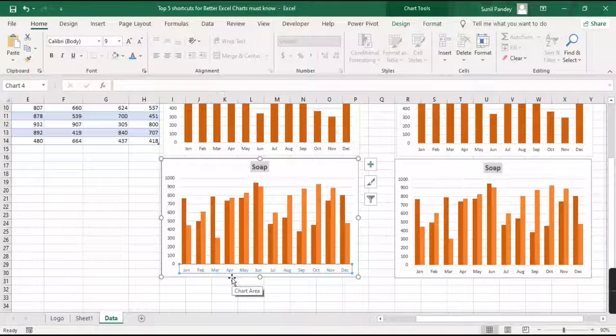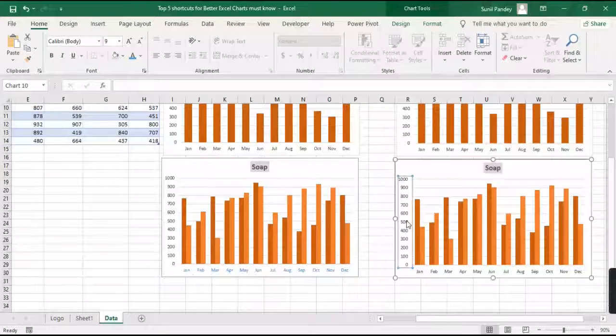Okay, and if you want to select within the chart, just click anywhere and press the tab key, and now press select anything.